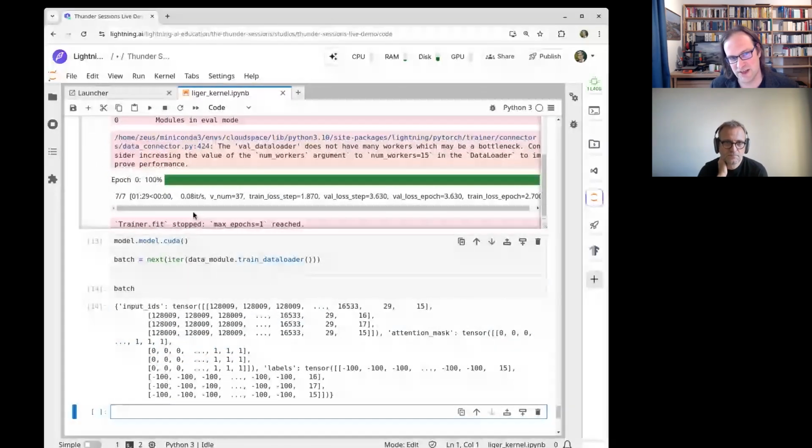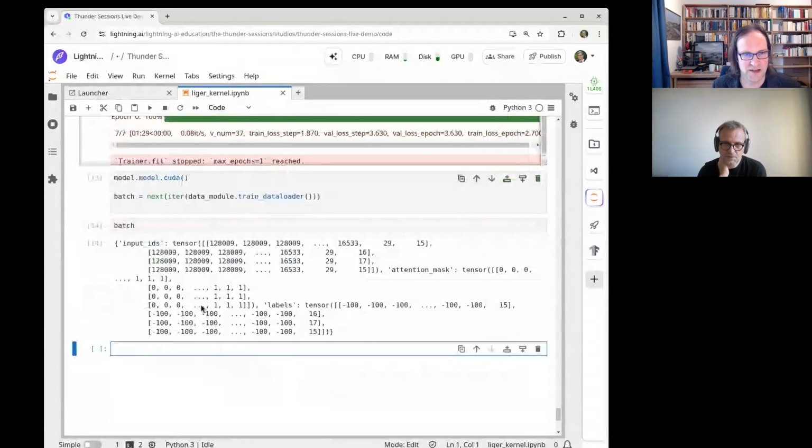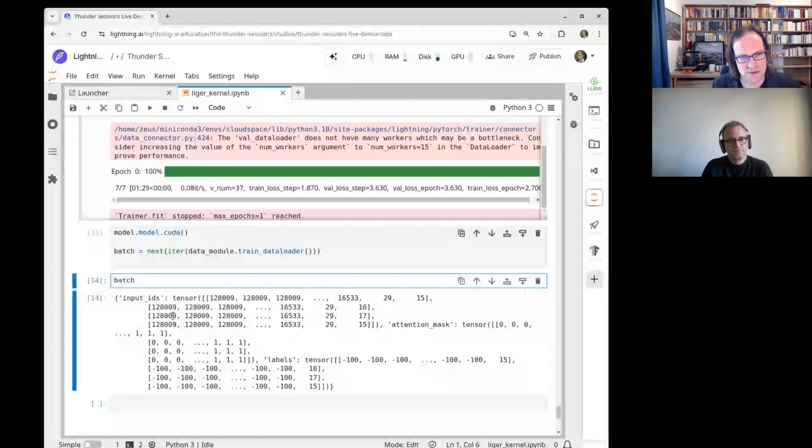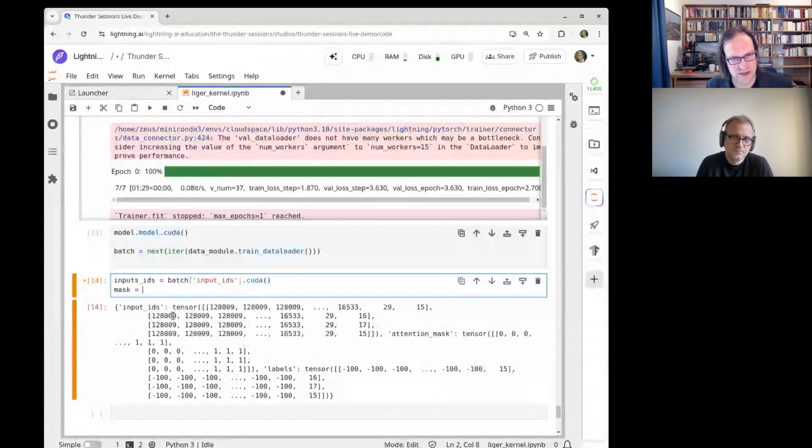Just to be clear, here we solve the first performance thing by batching, right? Or by properly doing this. And now we have the one batch here. In order to make this a bit easier for us, let's grab these and put them into separate variables. So here are the input IDs, and we move it to CUDA. And then we have the attention mask. I'll just call it mask. And that needs to be moved to CUDA.